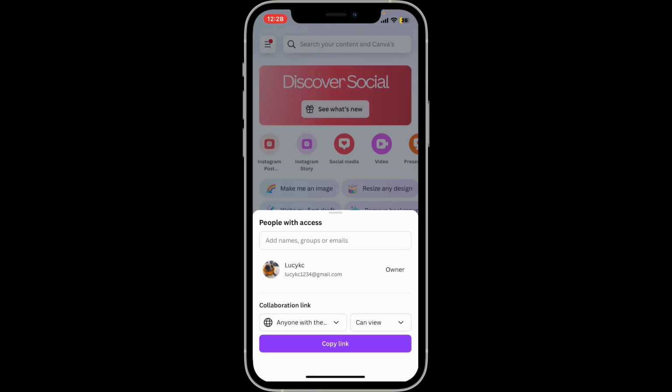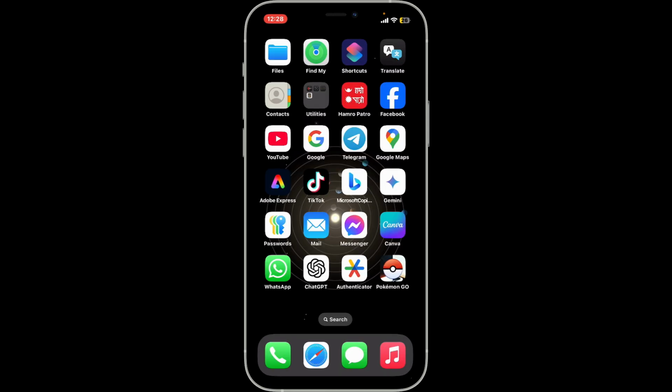Now you can share the link via email, text, or any other platform. Select the platform where you'd like to share the link on. It can be a social messaging app or your email app. Choose the contact you would like to invite or share the link to, and that's how you can easily share